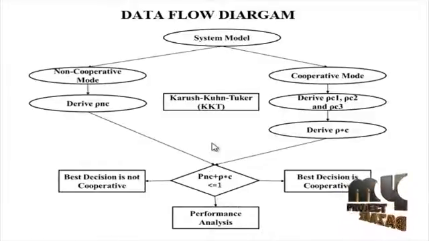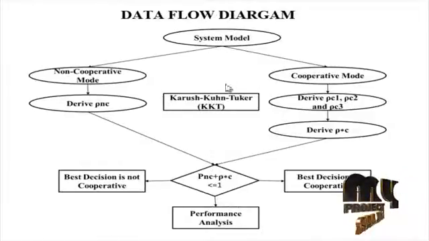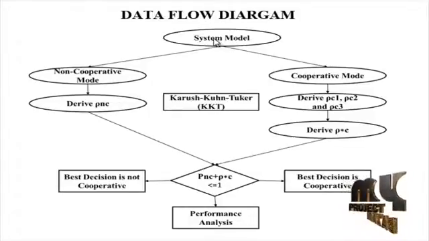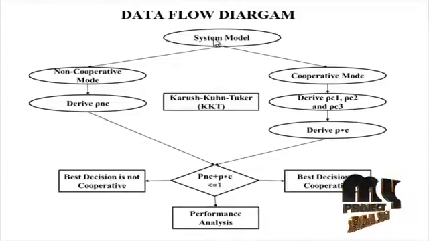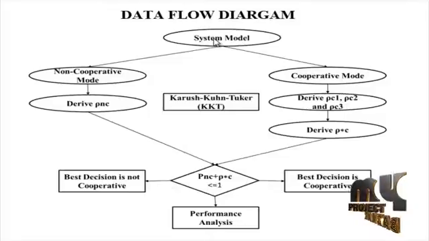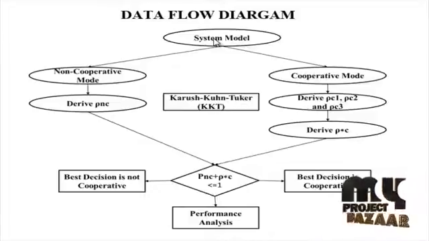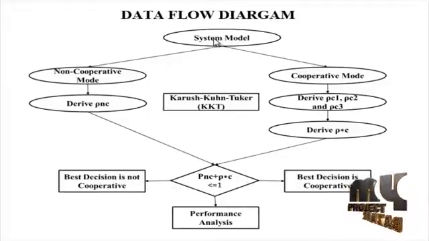Let me discuss the flow diagram for our process. Initially, the system model has been designed. Cooperative communication between PU and SU is considered as the SU's option to potentially increase the PU's throughput, such that the licensed channel could be vacated and more transmission opportunities could be provided for the SU. In order to do so, the SU must consume its harvested energy to help relay the PU's data.